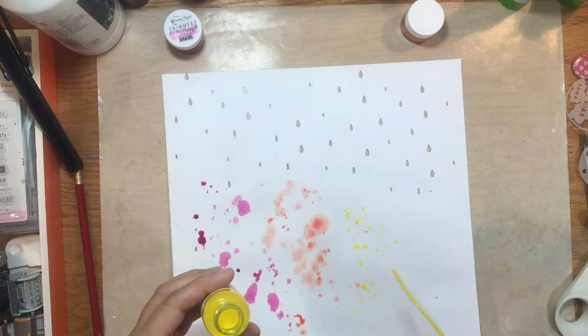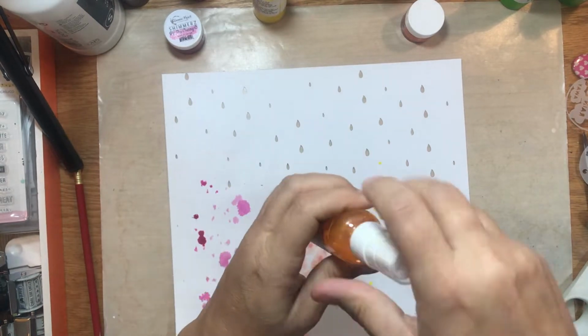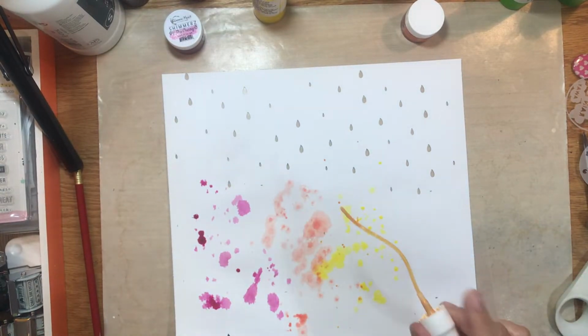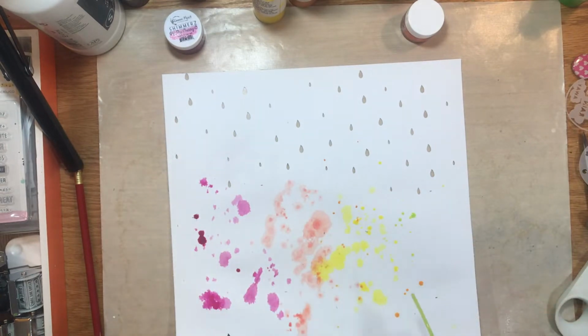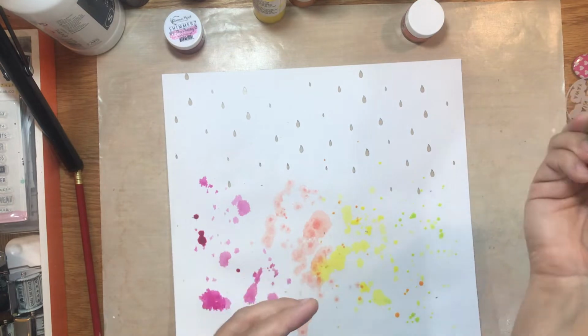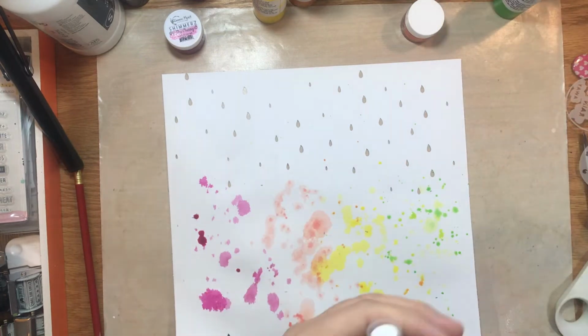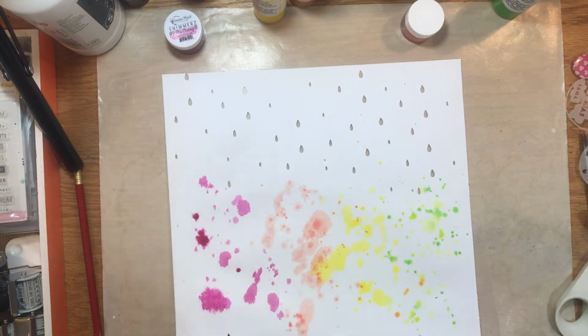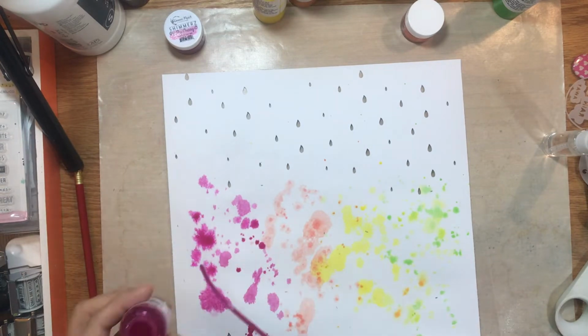But I'm using some colorings. Let's see, Shimmerz products. I use Pink Stilettos, which is colorings, No Yolking, Peachy Keen, Don't Citron Me. Then I use some Vibez: Pink Moscato, Sunset Strip, Mango Tango, Hermit the Frog, and then Shimmerz Pip Pip Cheerio and Orange Sherbet. So my idea here is I wanted to create something that kind of looked like